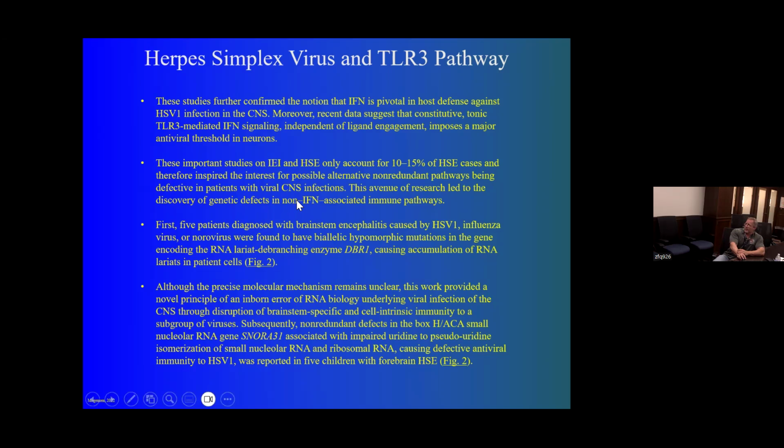What's been determined now is that this probably only accounts for maybe 10 to 15% of these cases. But if you look at the totality of people infected with herpes simplex virus, 10% or 15% of all the cases worldwide could be quite a high number. And so what this has now stimulated is research into trying to understand what we can do to address these interferon defects, and whether there are any non-interferon associated pathways that could be stimulated to help shut this down. This is an area that's receiving a lot of intense research right now.